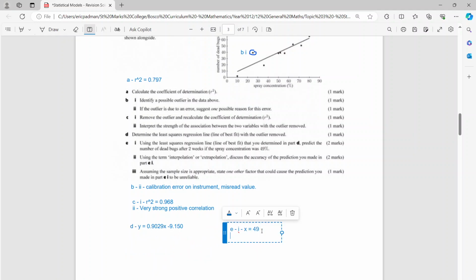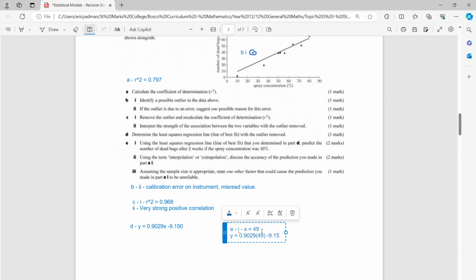I'm still going to use the calculator, but I'm not going to bother with the graphing section. I'm going to go straight to here because I don't have to do anything else with that. Then I can just substitute in 49 in place of X and do that multiplication. Minus